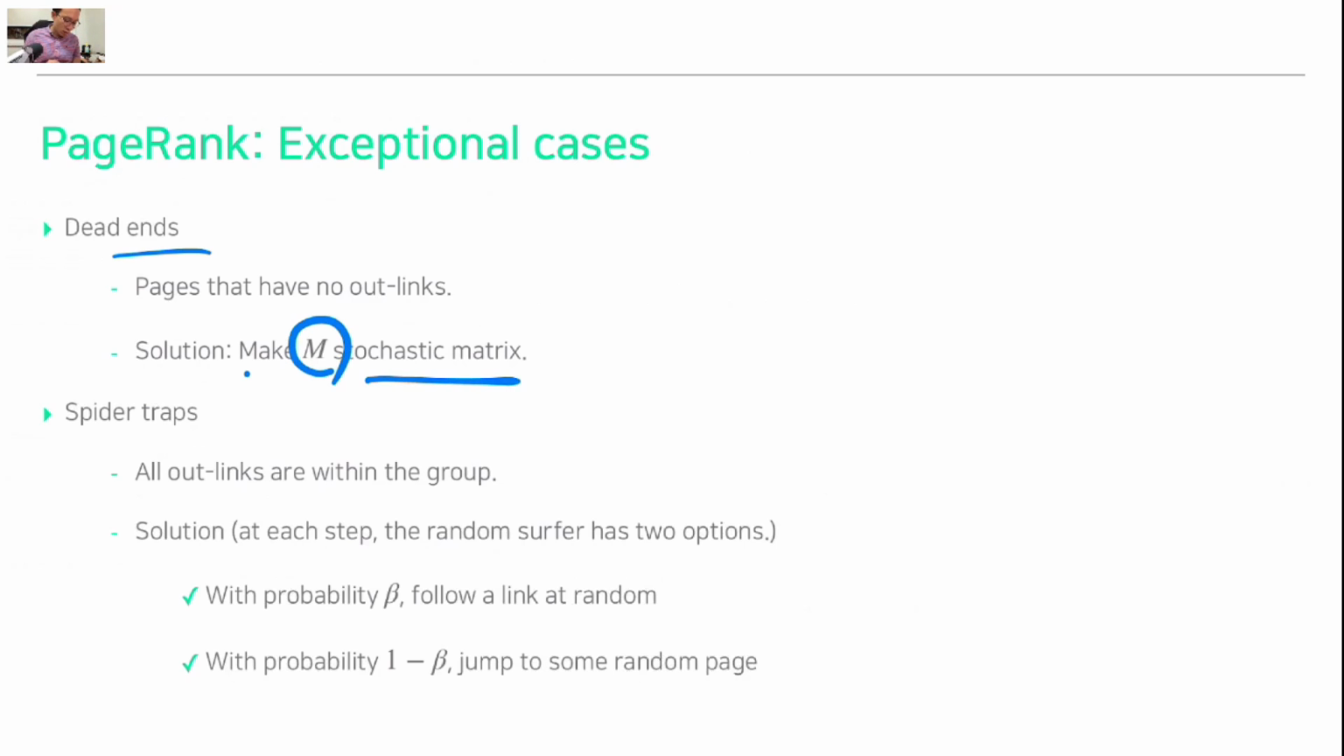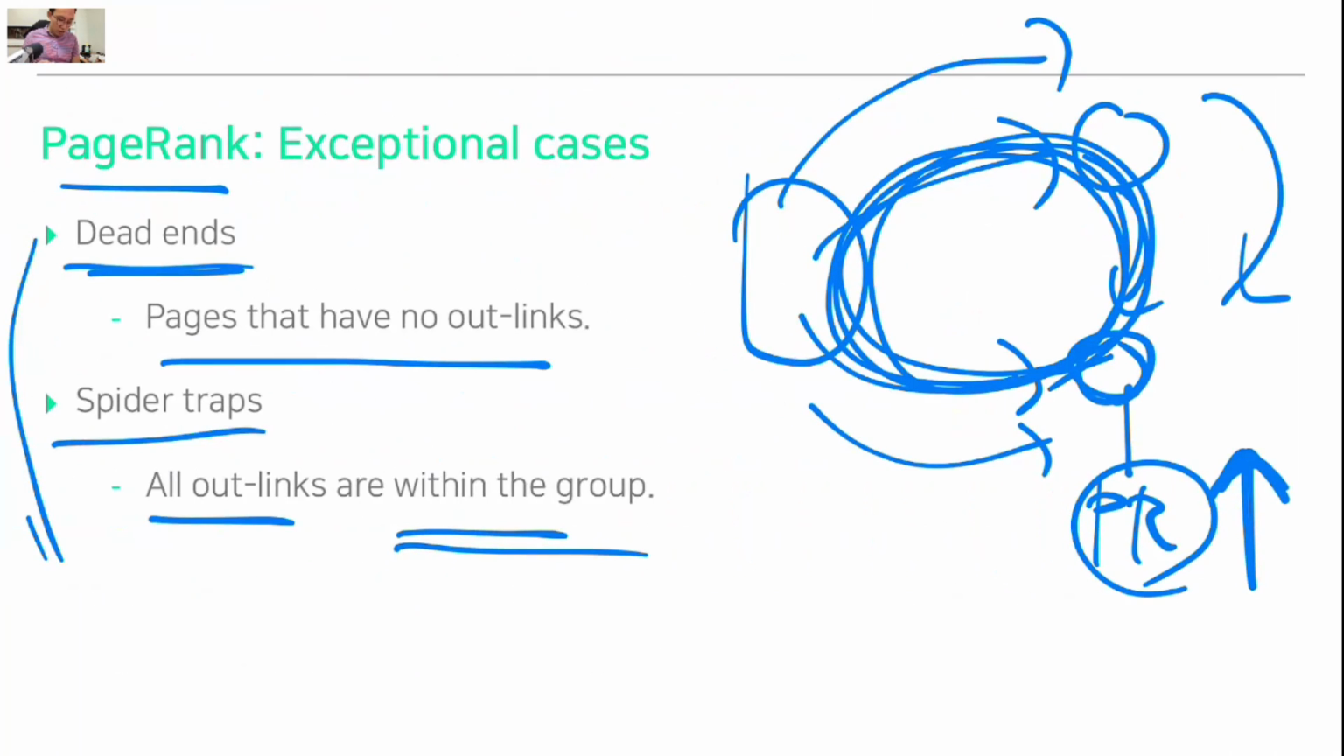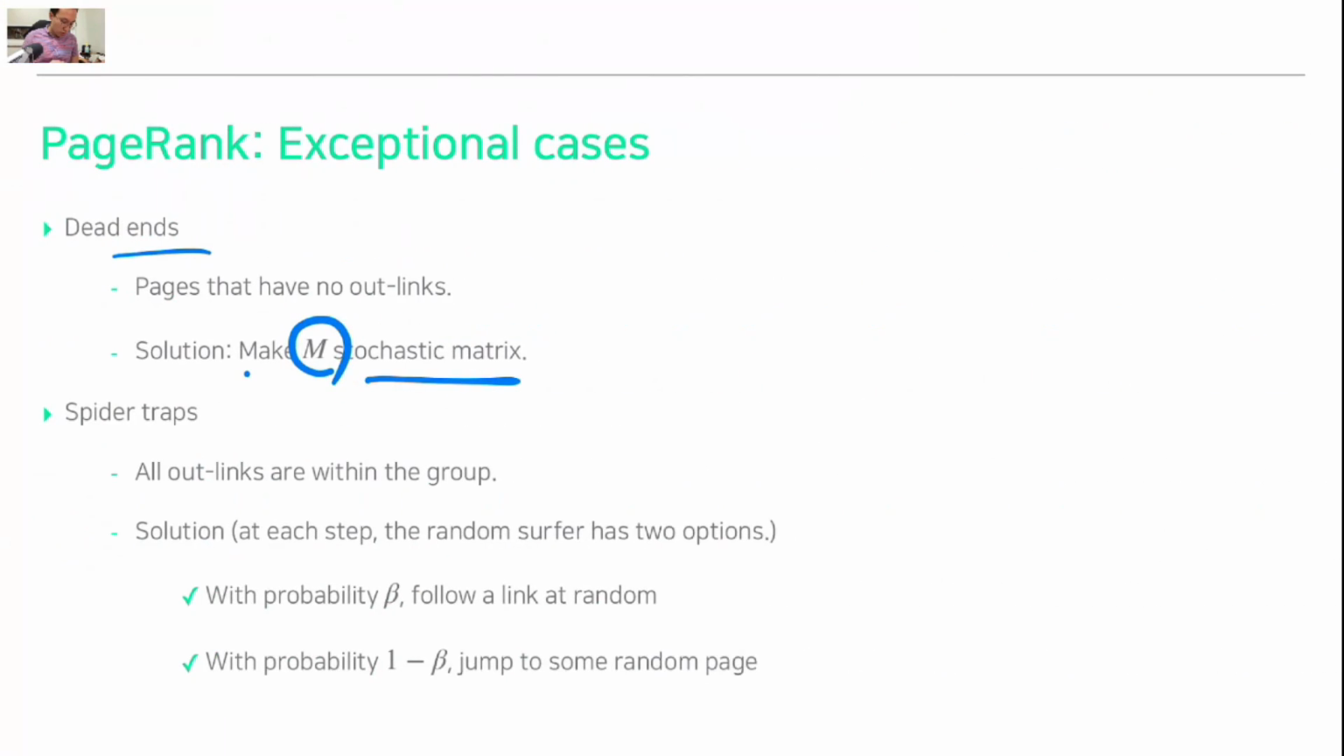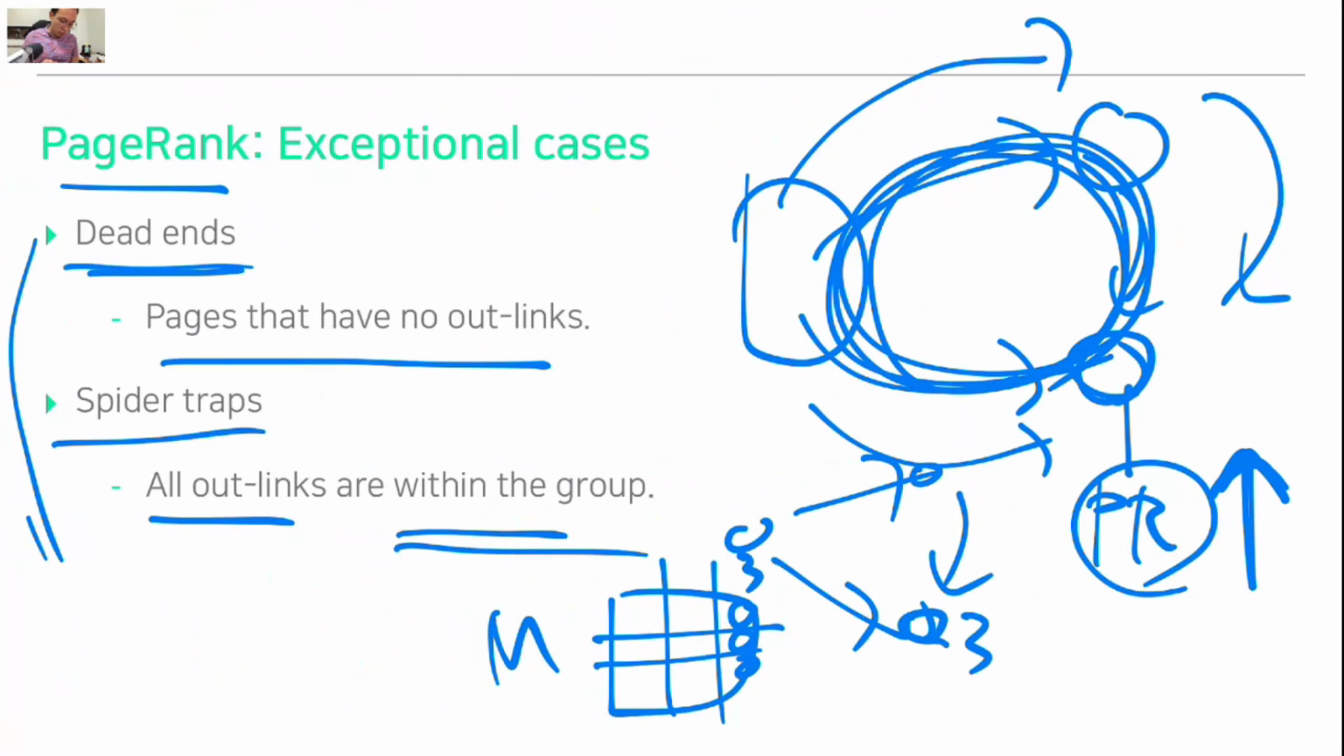In the previous example, we had something like this, right? This is the dead end. So when we construct the matrix M, assume that this is the third column. It just has 0 values, because it doesn't have an outlink. So it contradicts the stochastic matrix definition, right? The sum of each column should be 1. So to avoid this, we just put